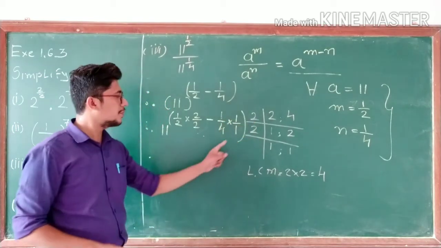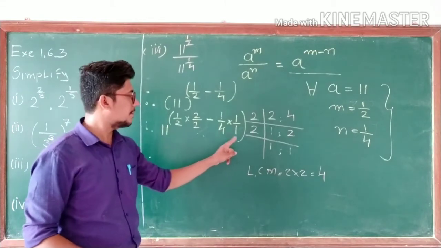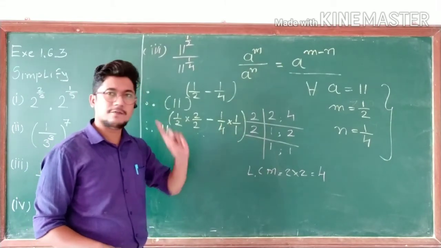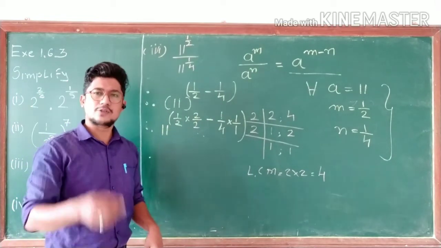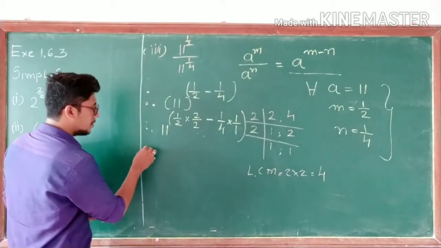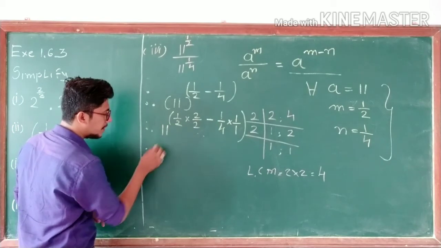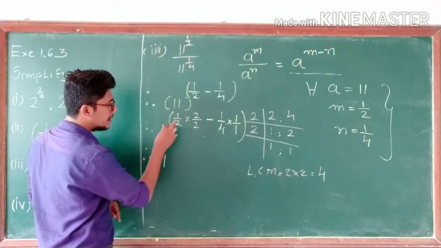So there is no way you can multiply it with something. So what you have to choose? Multiply with 1 and divide with 1. So 4 ones are 4, 1 ones are 1. So there is no change. Or else if you don't multiply it also, that will be okay. So now, therefore, 11 will be as it is.